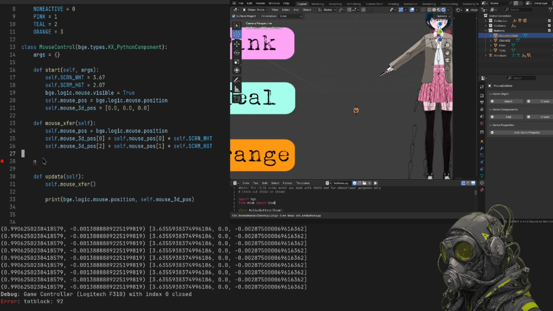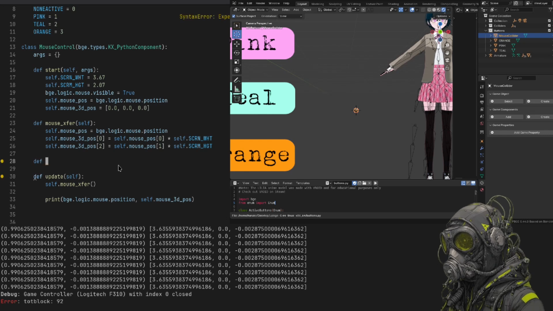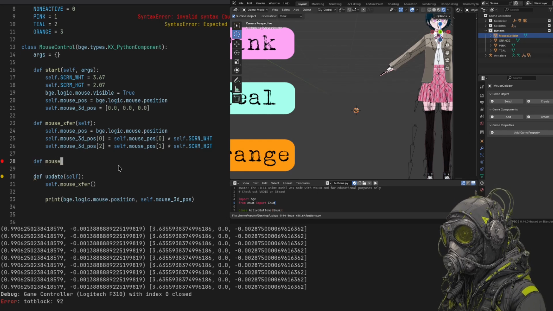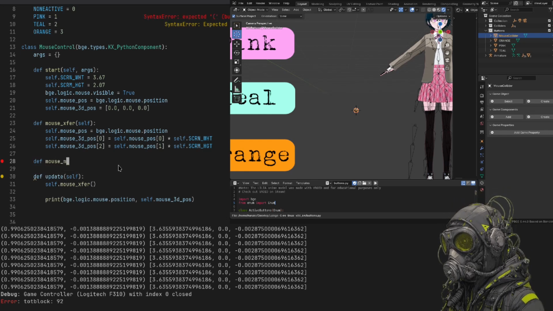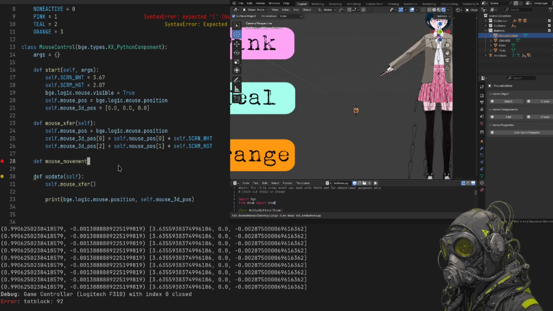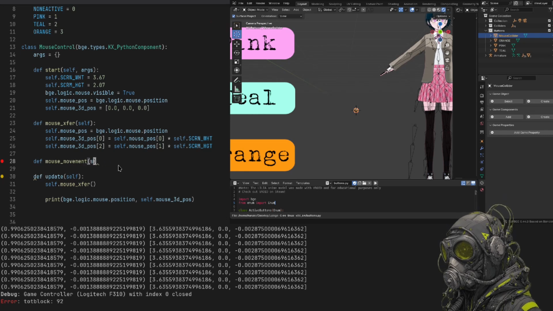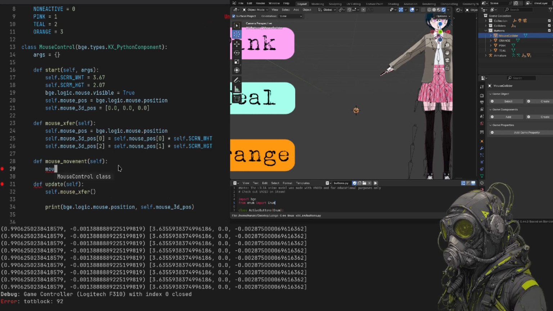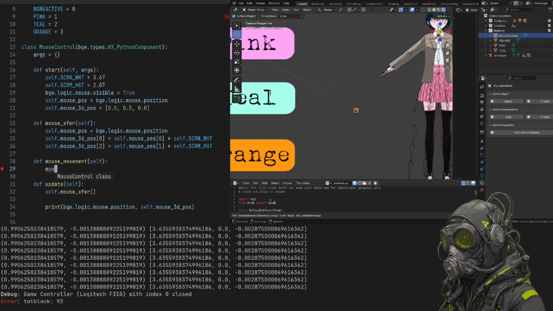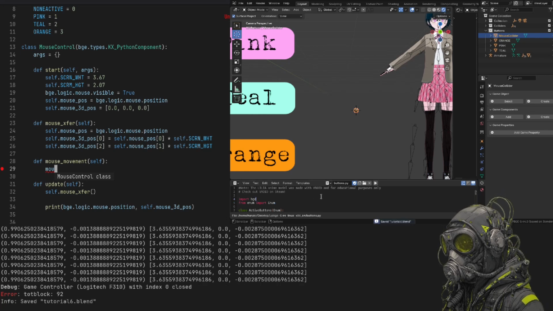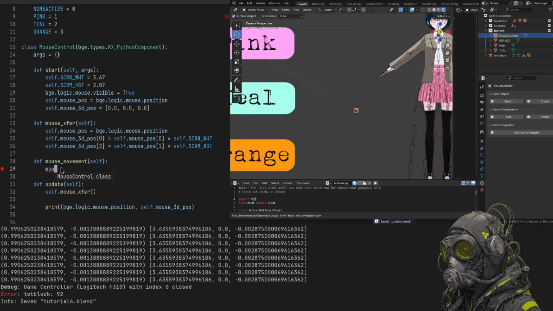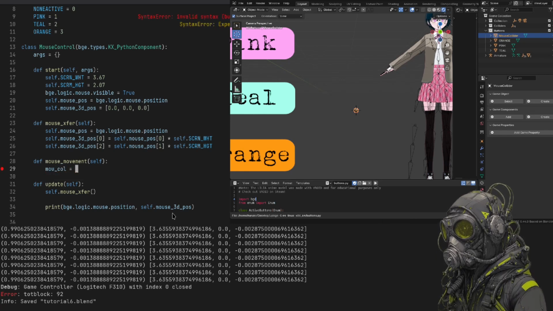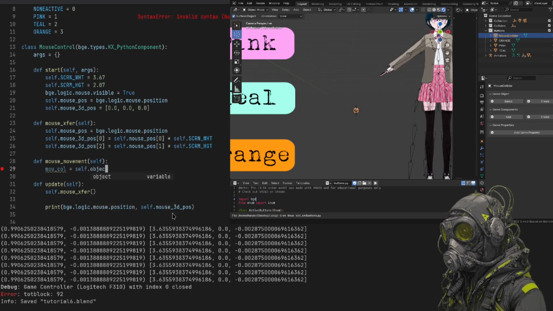And then in our code, we're going to create a function called mouse movement. I could call it mouse cursor, but it's called mouse movement. And then we need a mouse collider, so we've got to import that. I'm going to save this blend file just in case it needs it saved. So we're going to create a local variable in this function called mouse collider, and set it equal to